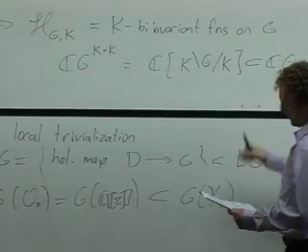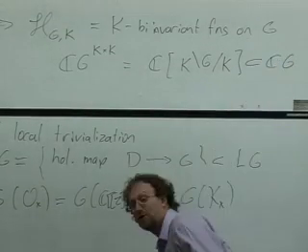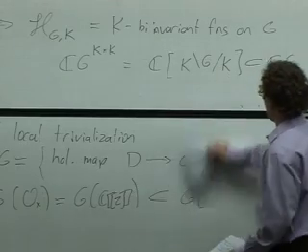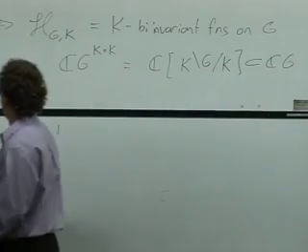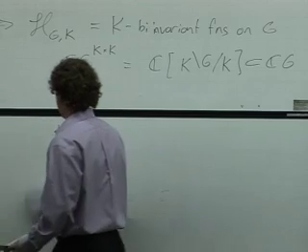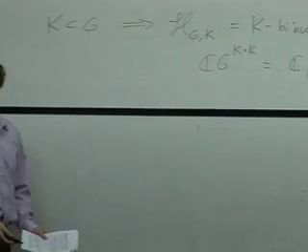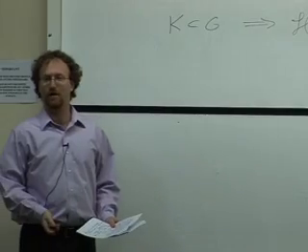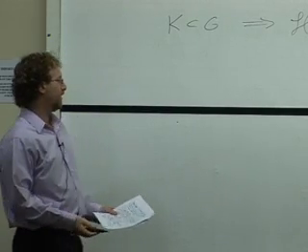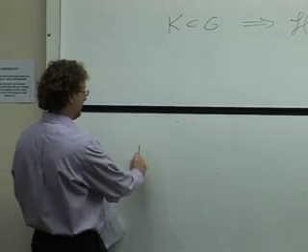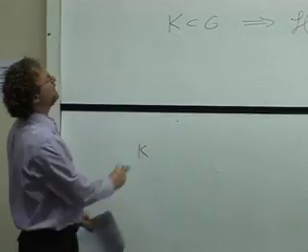But now I want to claim that this is not just a subset, this is actually a subalgebra. For any subgroup K, this is a subalgebra. And you can just check that K by invariance is closed under the convolution product. Or you can, I don't know if this is helpful, just take the exact diagram we have up there,